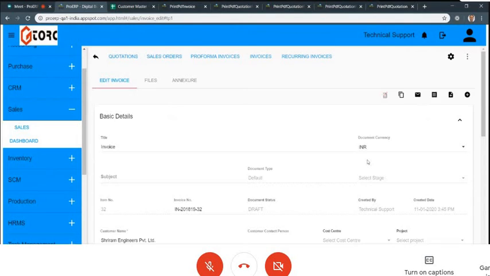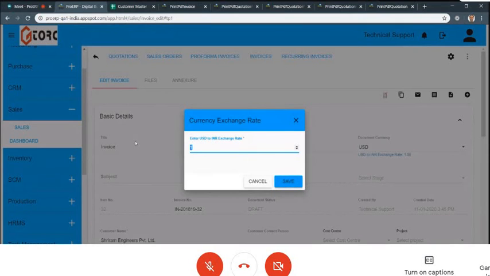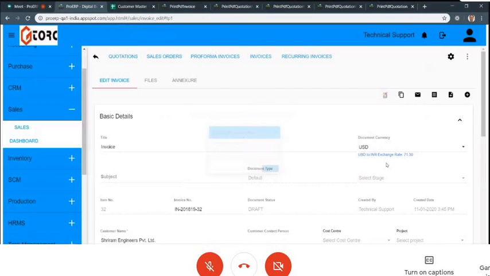I'll not save this, but I'll just show you. The moment I select something like USD, suppose I'm issuing this invoice to a client in USD, it will ask me the conversion rate here. Our base currency is INR, so it will convert and put the receivable by this factor into the receivable account in Indian rupees.